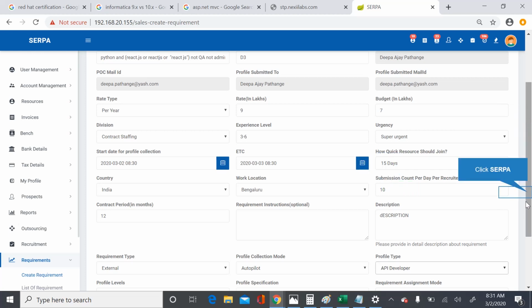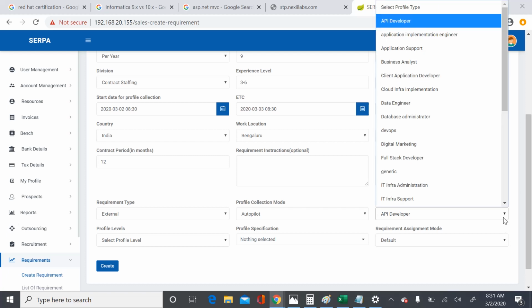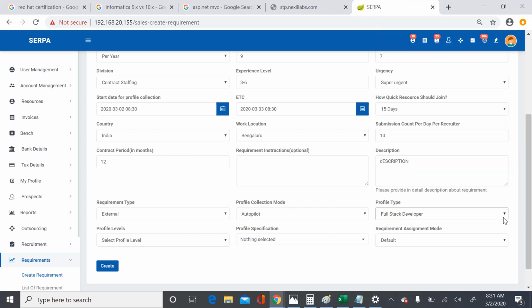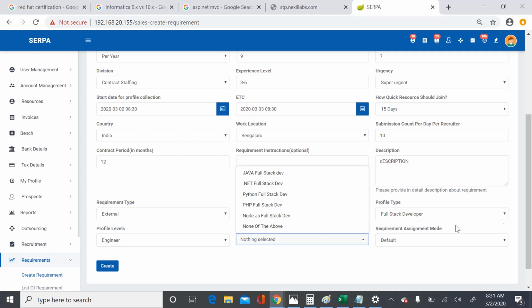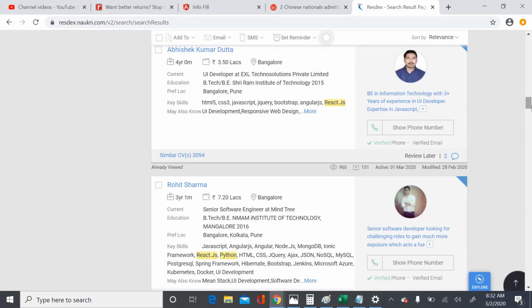And profile type I say is full stack developer, because I want somebody in the front end and somebody in the back end. I want an engineer, and I say I need a Python full stack developer, and I go and say create. So when I do this, what our system actually does is